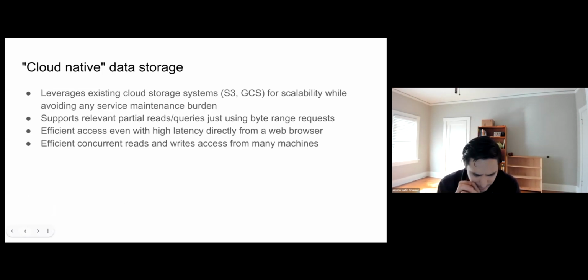Another key design principle that's not so much Neuroglancer as a whole, but relates to the Neuroglancer pre-computed format and other formats like N5 and Zarr that are supported by Neuroglancer, is this idea of cloud-native data storage. Now, cloud-native, I guess, is a term that's used in various ways, but the way I'm going to use it here is according to these principles, where I would say that a cloud-native data storage format leverages existing cloud storage